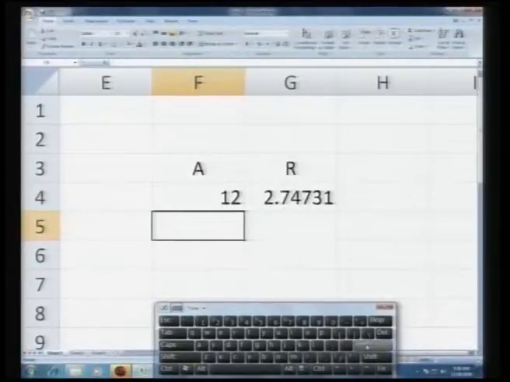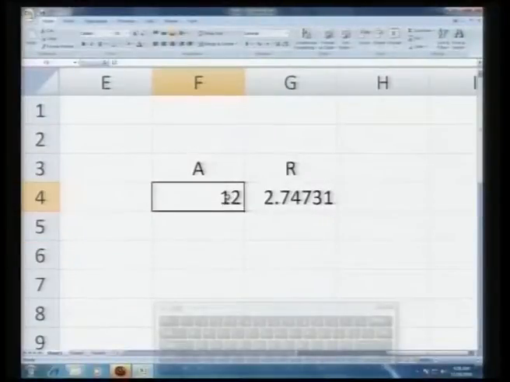So, A equal to 12, what nucleus is this? Carbon. And how much is the mean radius? 2.7 femtometers. Do not go on 2.74731, this is just calculations. When you take the cube root, it is an unending series, so it will cut wherever the limit of the calculator is. Okay. So, it is say 2.7 femtometers.